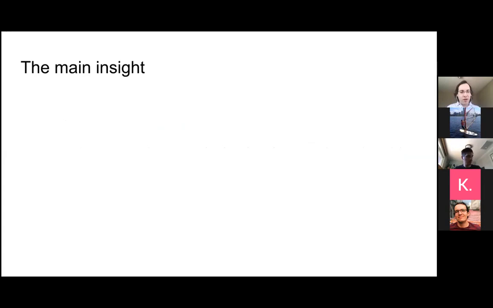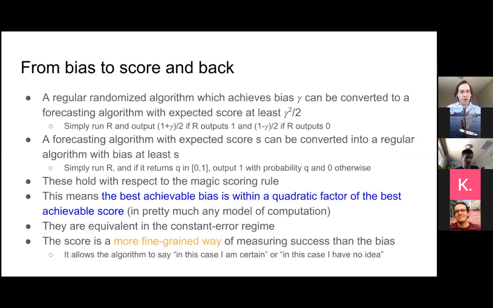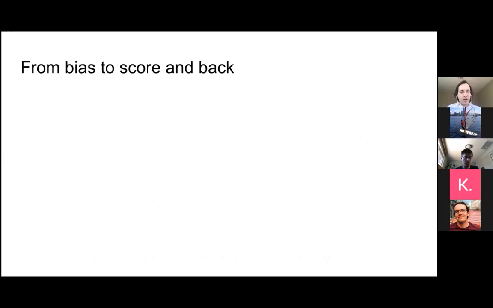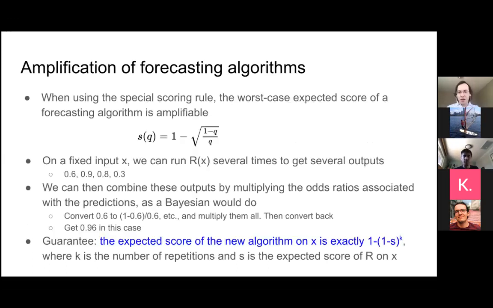And kind of one thing you might notice, if you look at the definition of the scoring rule here in the middle of the slide, and if you're familiar with Hellinger distance between two distributions, you might see a similarity here, and this turns out to be a real connection.